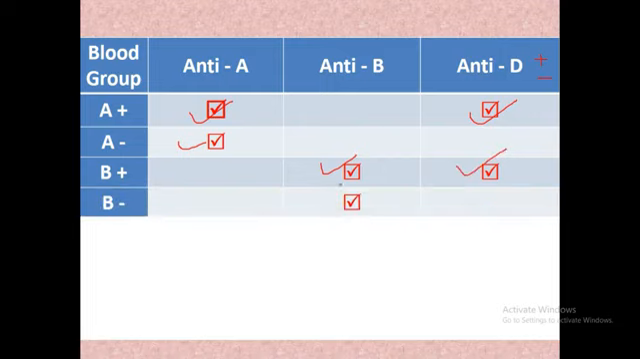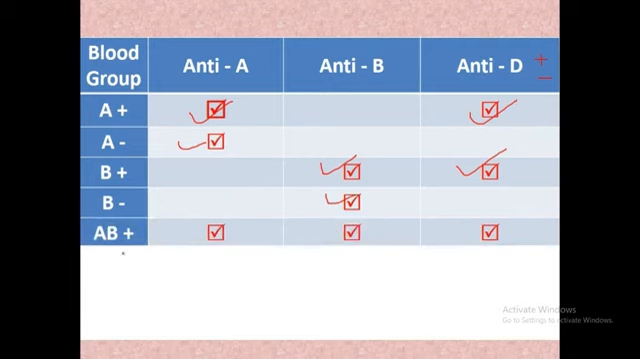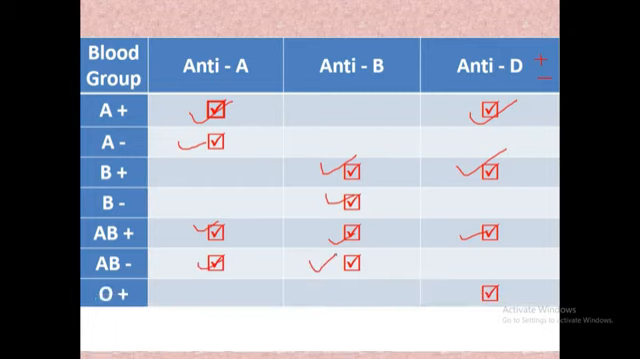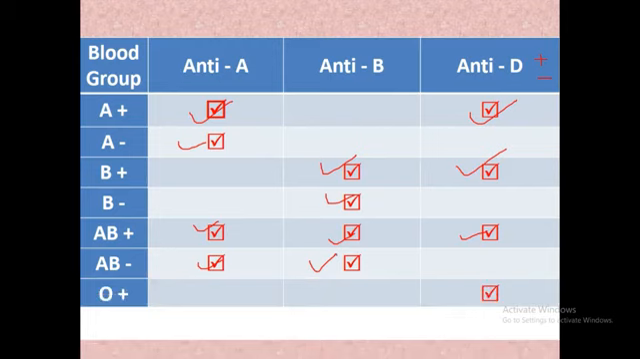If the person has B negative blood group, we only find agglutination in NTB solution. If the person has AB positive blood group, we find agglutination in all NTA, NTB and NTD solutions. If the person has blood group AB negative, we find agglutination in NTA solution and NTB solution. If the person has O positive blood group, we find agglutination in NTD solution only. And if the person has blood group O negative, we do not find agglutination in either NTA, NTB